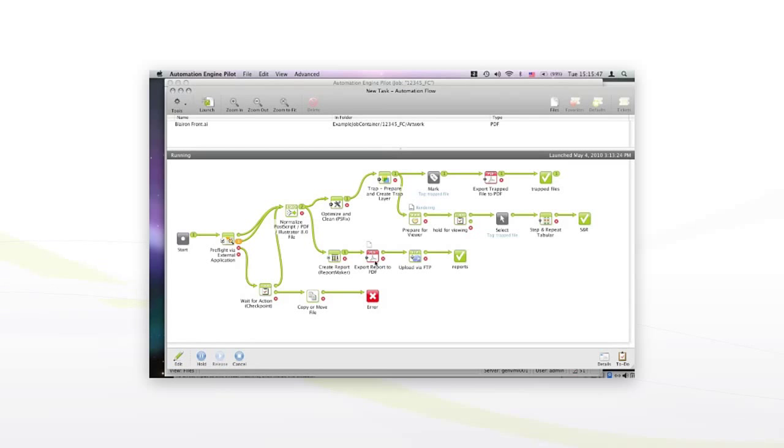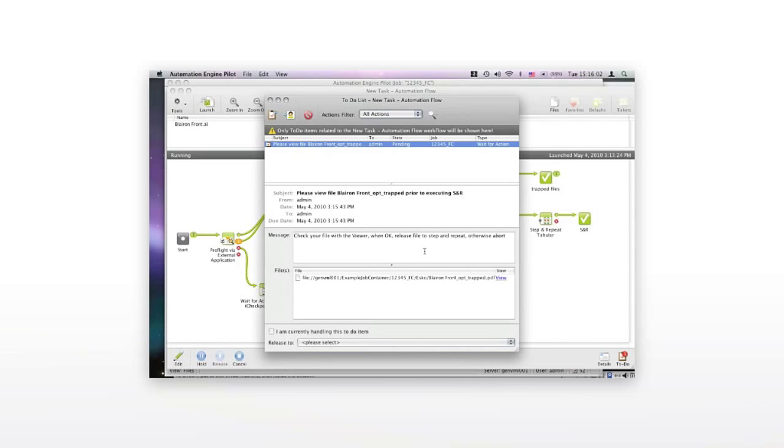In the meantime, we can already check how the report looks. We see how we have the user intervention needed for our viewing. So I'll go to my to-do list, and my to-do list informs me that I have to view the file prior to executing my step and repeat. So I go into the viewer